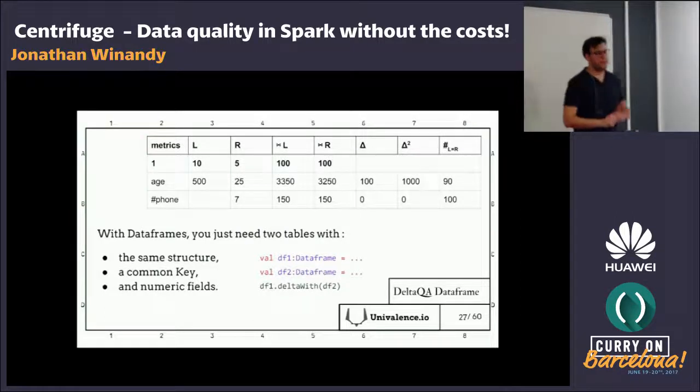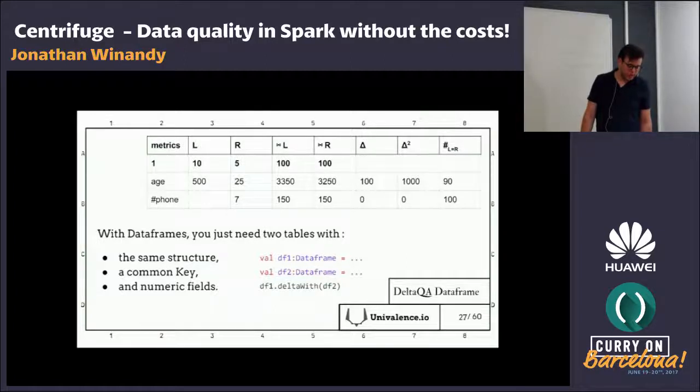So it's not very practical to use, and RDDs and type safety are great when you know how to use them, and especially if you know a bit about Shapeless and type classes. So I did the data frame version as well. So this is the end result of the computation with the data frame version.